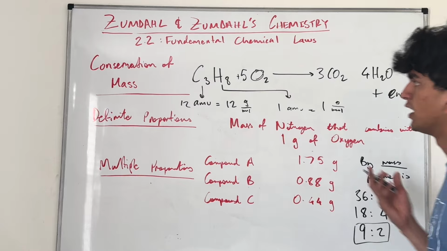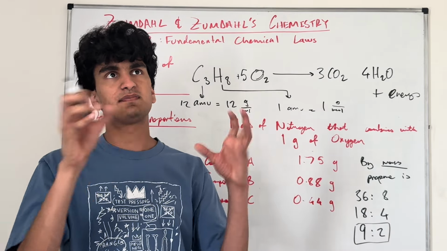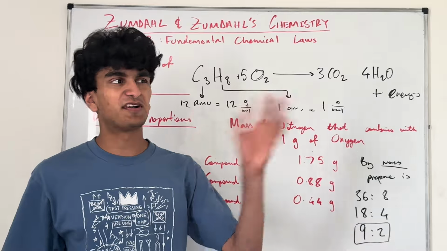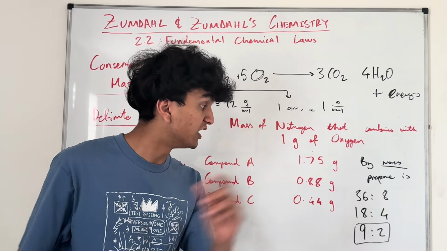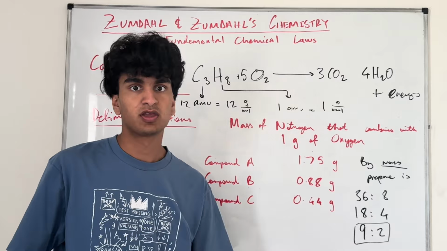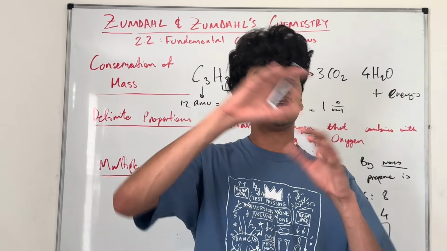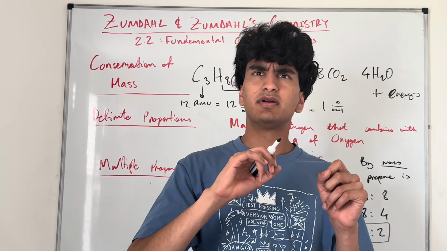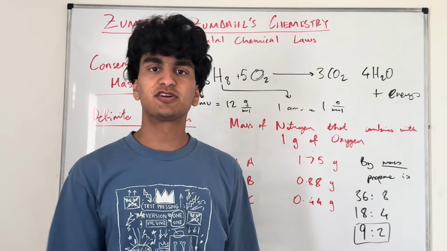So if you take propane and somehow are able to separate all of the carbons and weigh the carbon, separate out all the hydrogen and weigh the hydrogen, it should be a 9 to 2 ratio, right? No matter how much of the gas you have. I think propane's a gas, right? No, maybe not. Maybe it's a liquid. Whatever. However much propane you have,